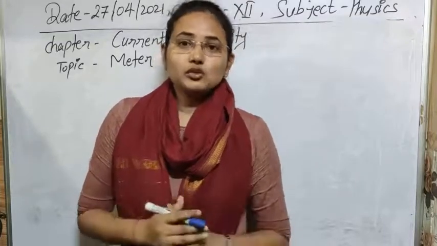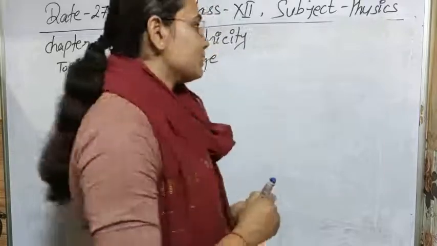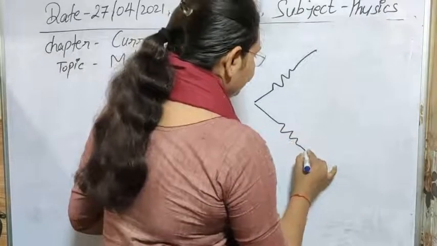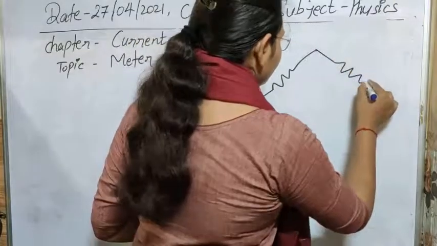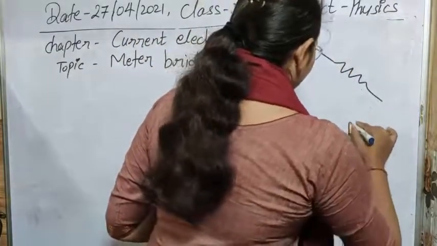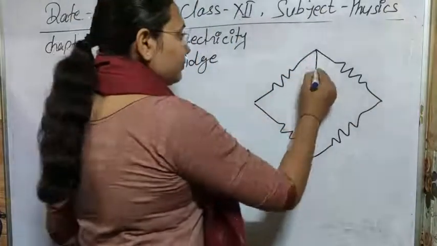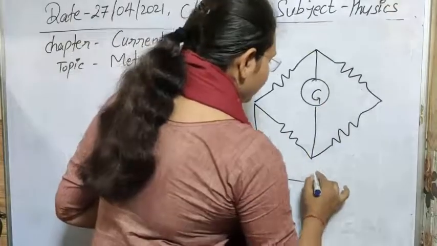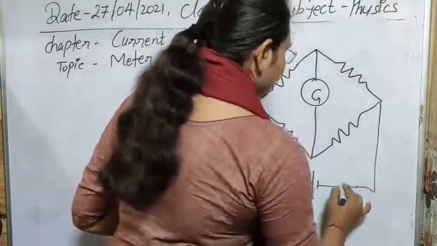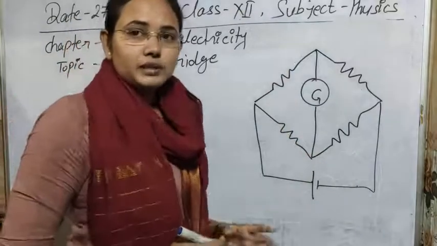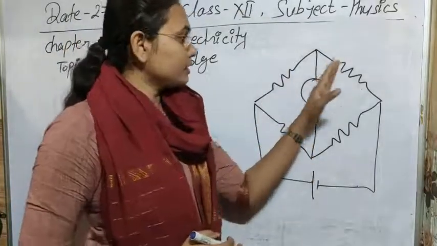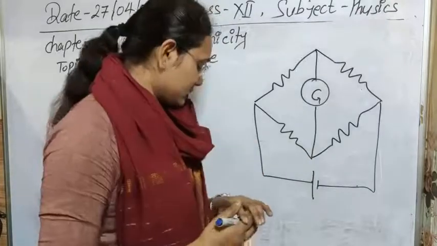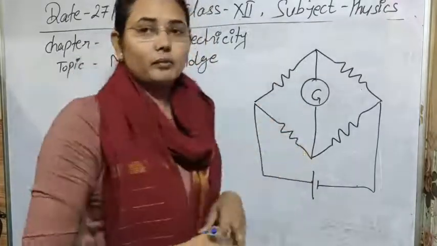In the case of the Wheatstone bridge, we have seen that we have 4 resistors that are connected in this way. You can see these are our 4 resistors. Here we are using a detecting device, and at these two ends we are using a battery or supply. So we have just taken a combination of 4 resistors and arranged them in such a way that they form the bridge.